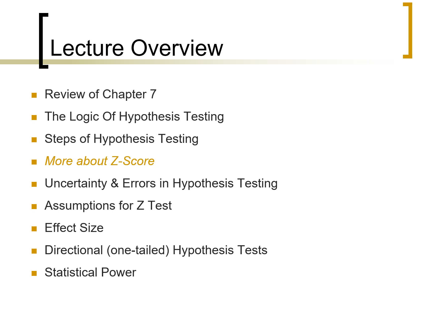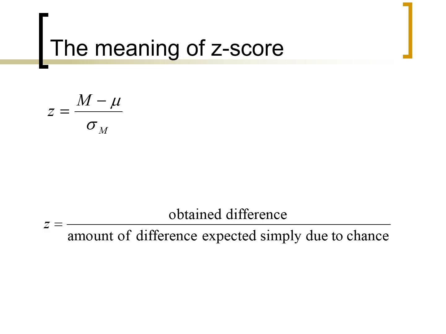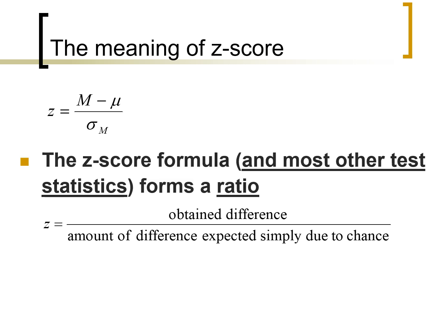So let's continue thinking about what this z-score, this z-test, or z-statistic represents. Again, we call it a z-score, but I think of a z-score more as individual scores, so I like to think of this as a z-test or a z-statistic. Perhaps I should revise this on the slides, but as long as we're using the right formula, that's what I'm most concerned with.